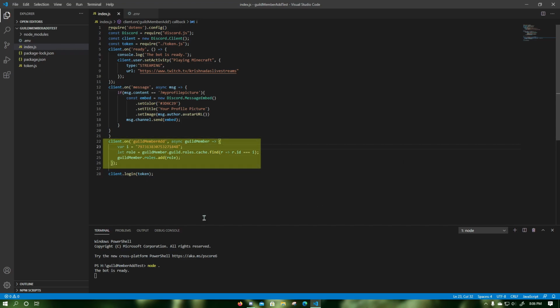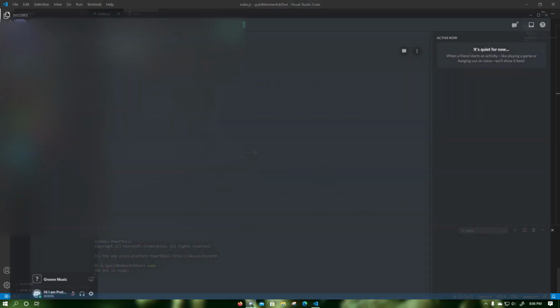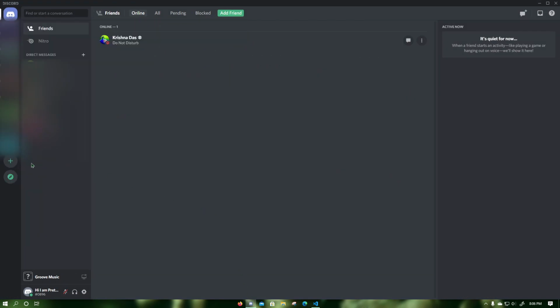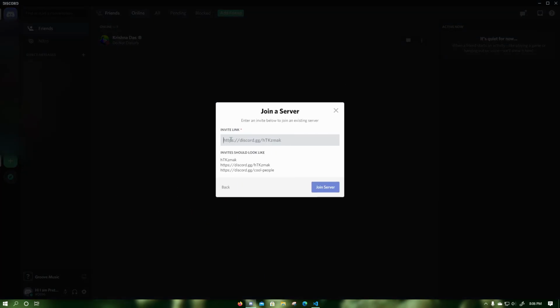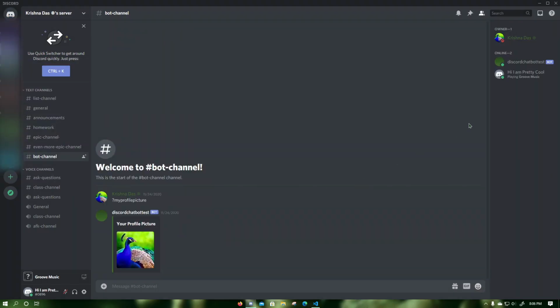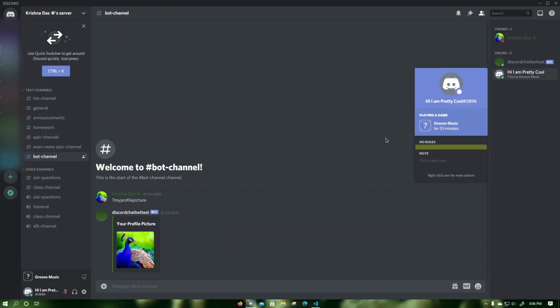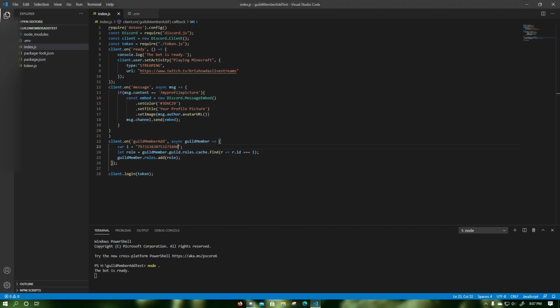If your Discord bot uses the listener guild member add to automatically add, for example, a specific role to users who join a Discord server. However, when a new user joins the server, they are not getting the specific role. And there is no runtime error in your program's console.